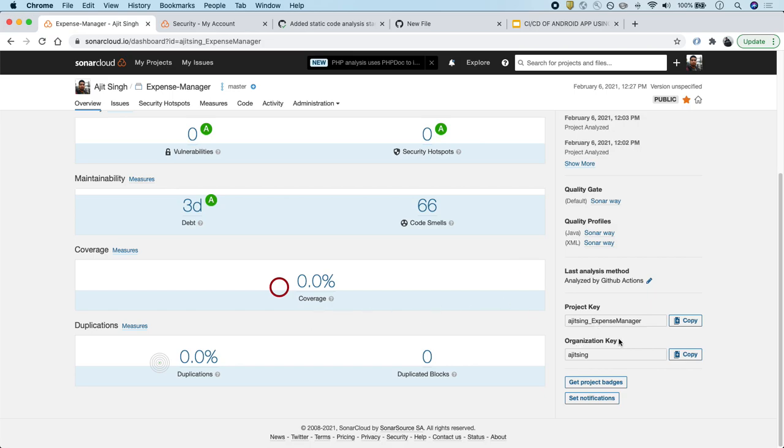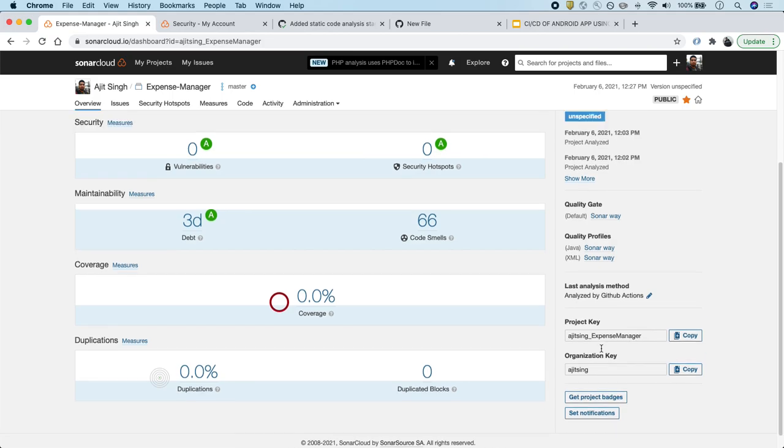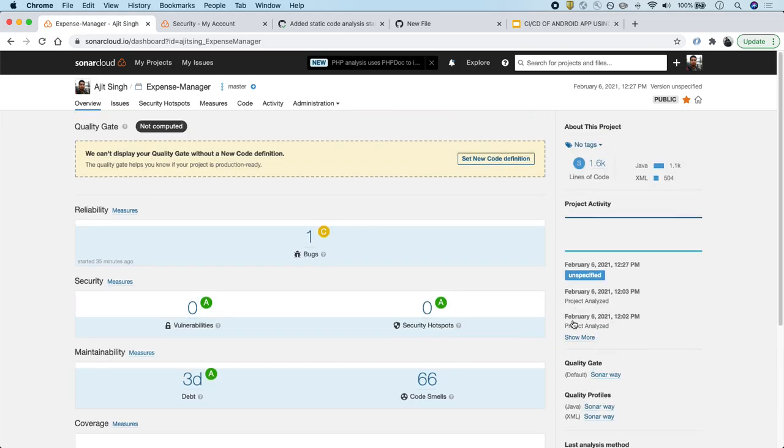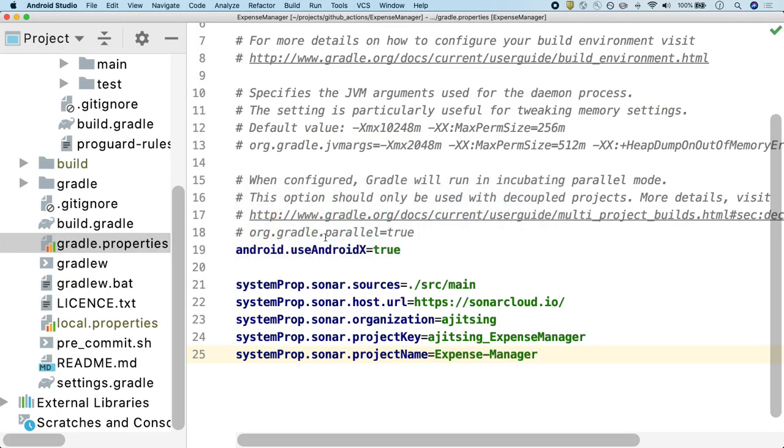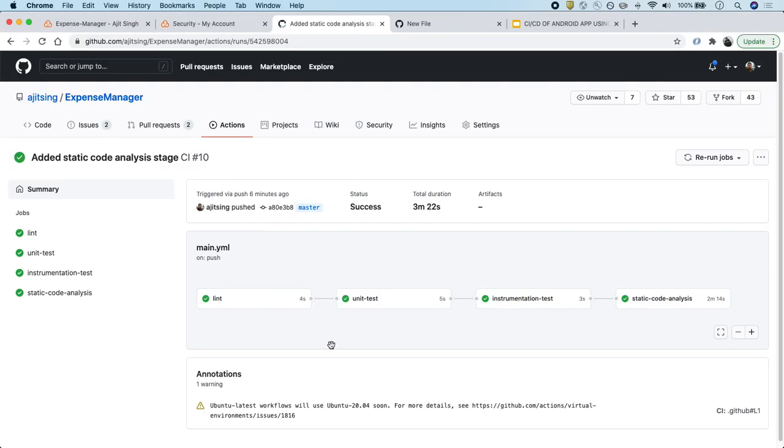And the organization key and project key, you can see exactly what we have entered. Everything is over here. So this is how you can configure Sonar Cloud and run the static code analysis on your code base, and you will see the entire thing in your summary as well. And this is what we wanted to discuss in this particular video.